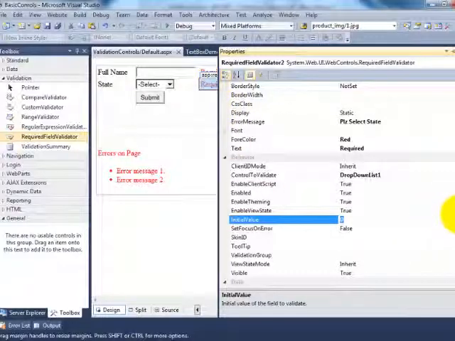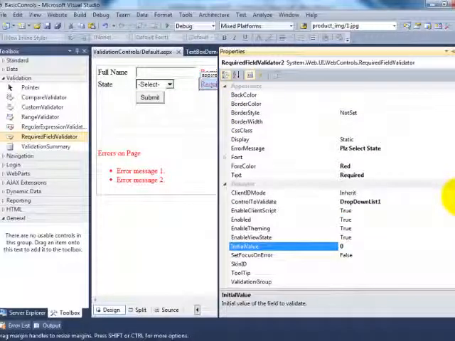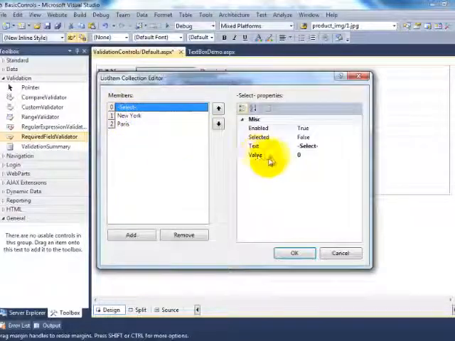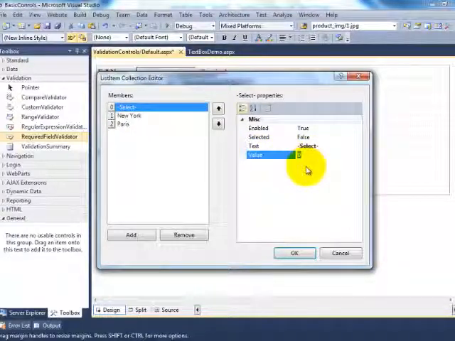So the initial value that you put for the select is 0 here. Whatever you want, give it. This value you need to provide in the initial value of the validator.